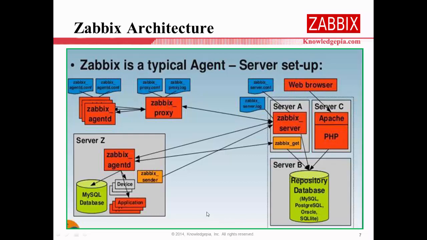When the Javix server collects data from the Javix agent, like a MySQL database, Nginx web server, and other application servers, the communication between the Javix server and the Javix agent must always be successful. Also, the Javix server can use a Javix proxy to collect data from the Javix agent on behalf of the Javix server. So each Javix agent must have a Javix agent daemon on each device.